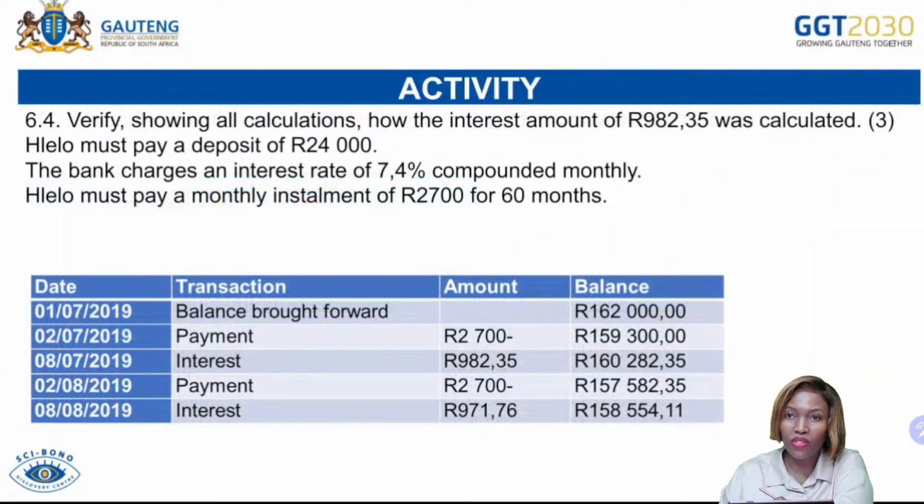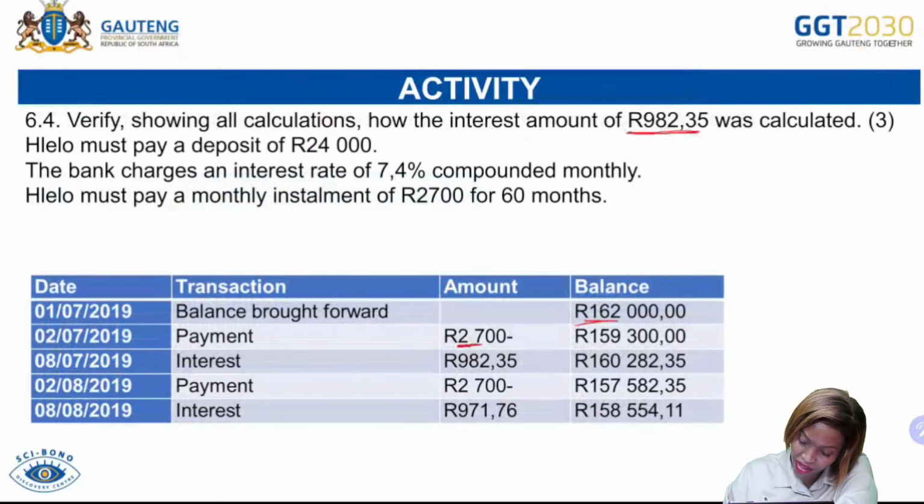6.4, we must verify, showing all calculations, how the interest amount of 982 was calculated. Remember, this is the money that Hlelo borrowed, and then she paid 2,700, and then the balance now was 159,300. What is the interest rate? It is 7.4%, but the 7.4% is